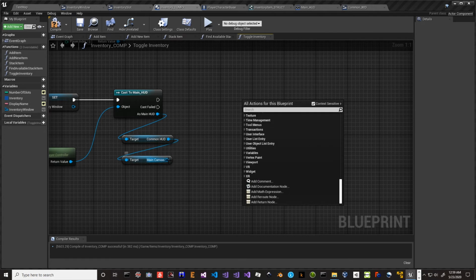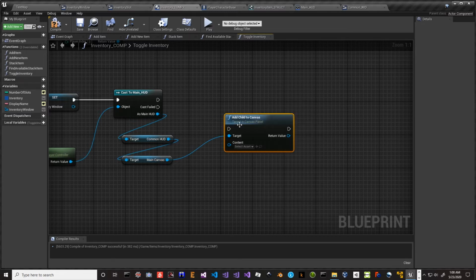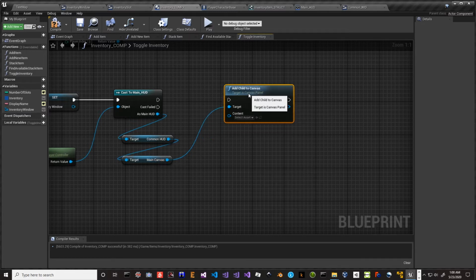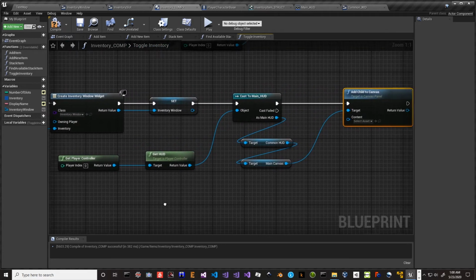Doesn't like it. Add child to canvas. This is the one we want here. Add child to canvas. All right. And the target is that main canvas. We're going to call this here. And the target needs to be this